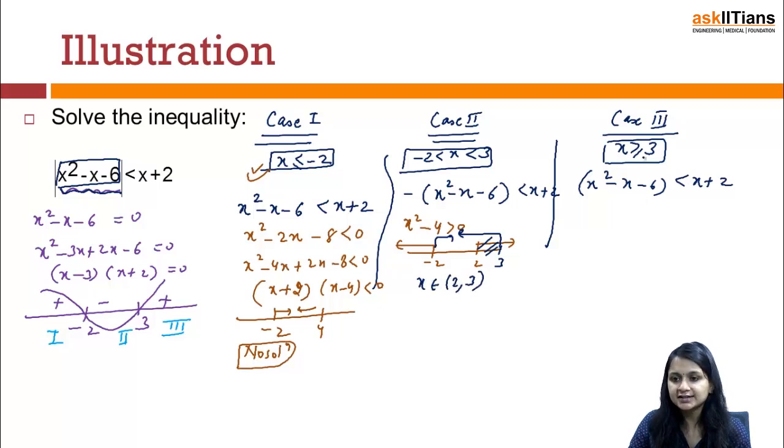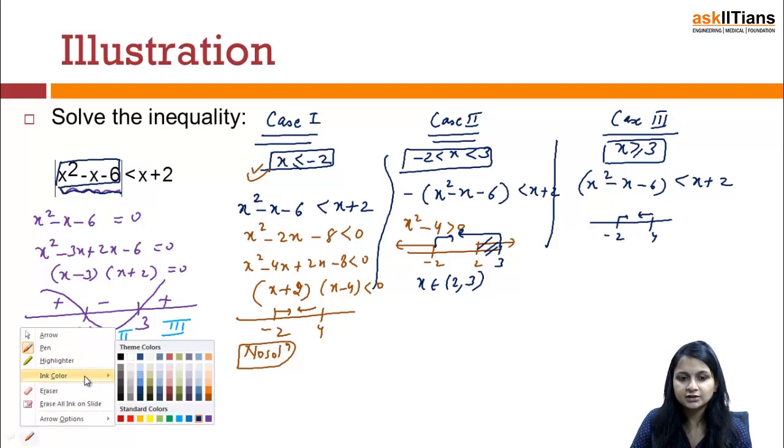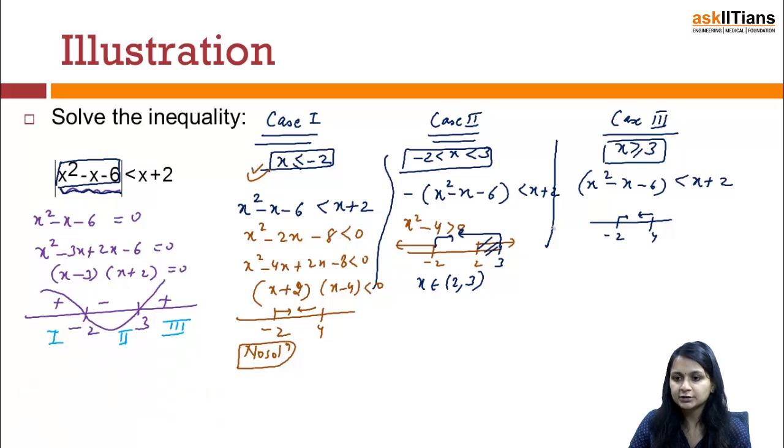Okay. Here x is greater than or equal to 3. So let's solve it. We have already solved it. We got this solution as between -2 and 4. But we are also saying that it is greater than or equal to 3, right? Under the case, okay. So let's put it like this. This is my 3 and this is always greater than or equal to 3. So I have this overlapping region, 3 to 4. Now my complete solution would be the union of all these 3.